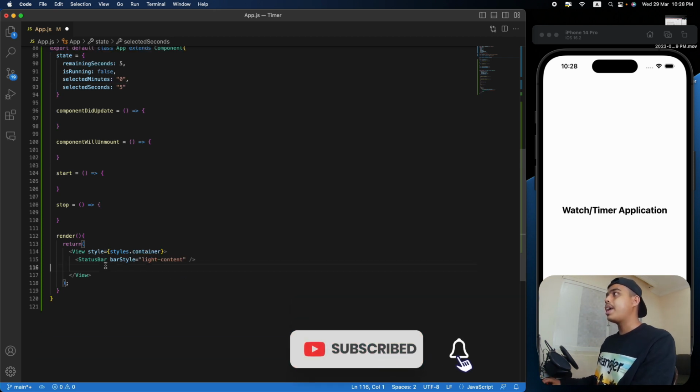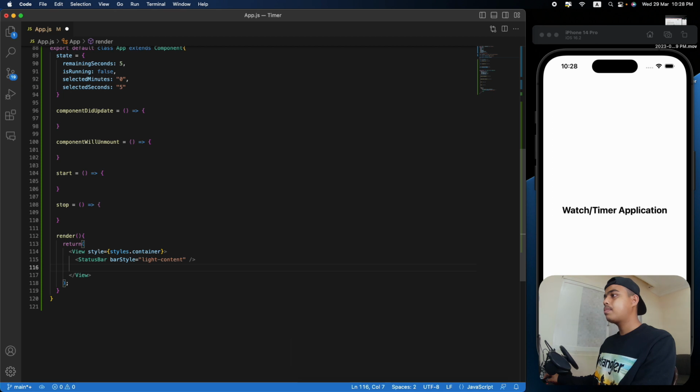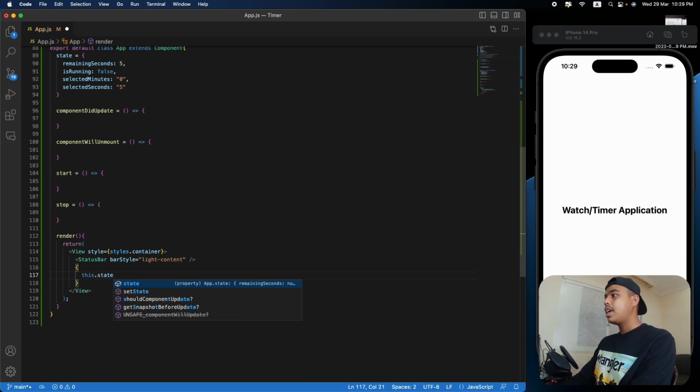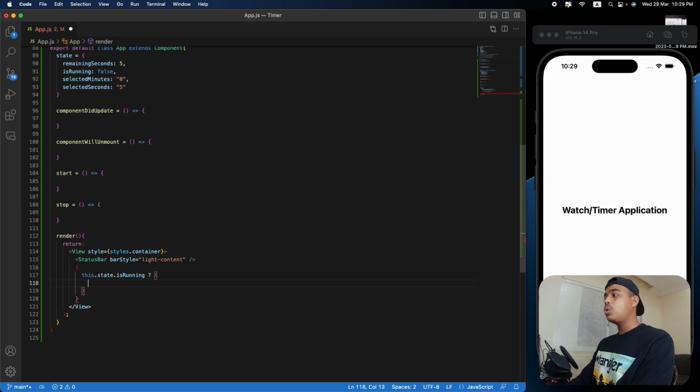Alright, so now let's come over here after our status bar. We're going to be calling the state, whether it's true or whether it's false. So this.state, and we're going to select our is running state. If it is true, we're going to show the actual time running. If it is false, we're going to show the buttons, right? So coming over here, if it is